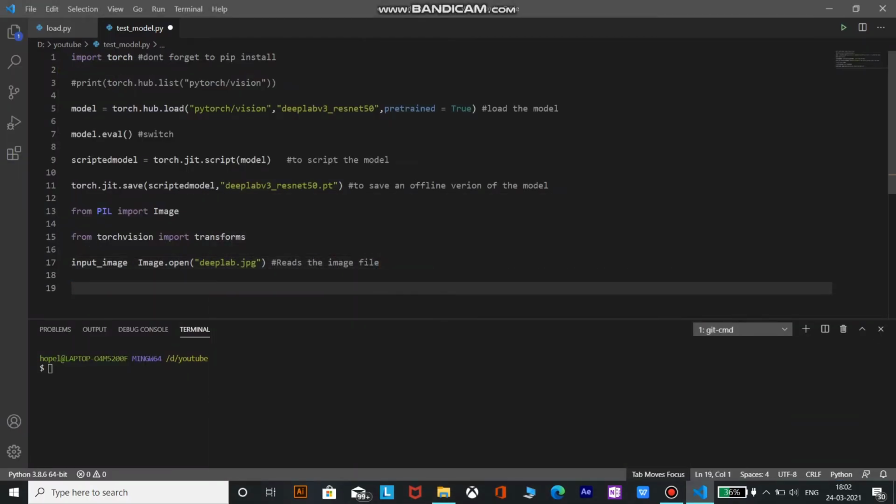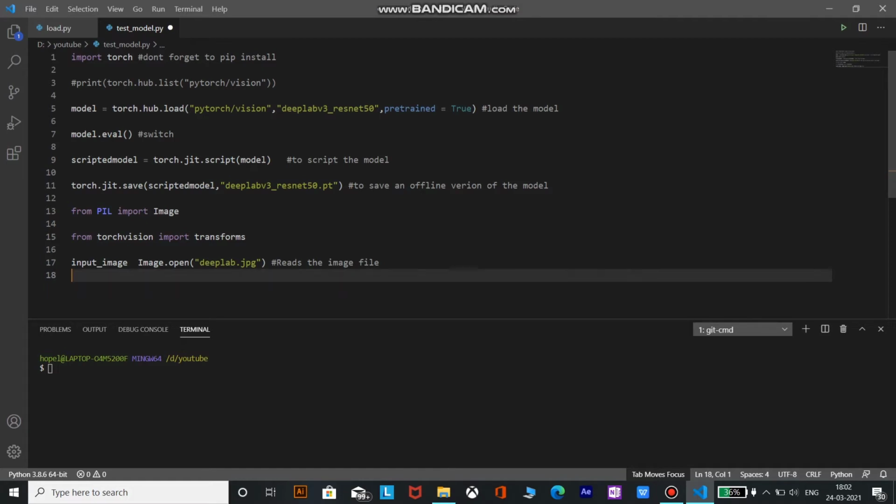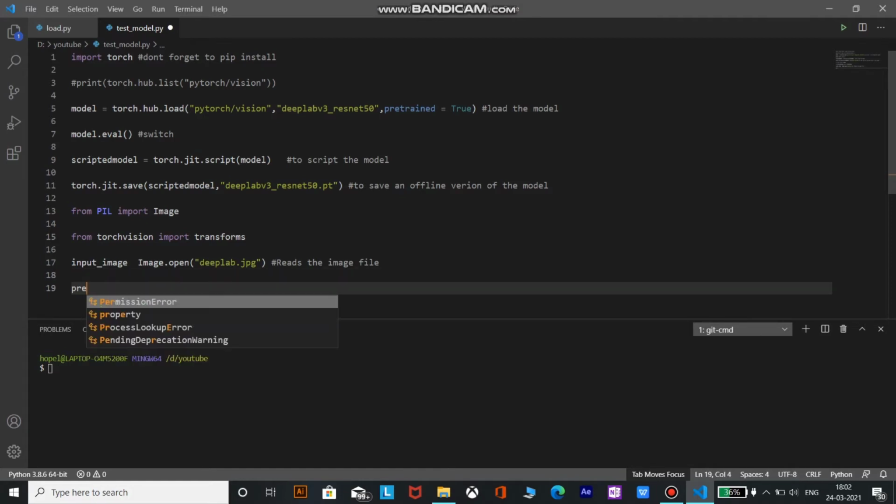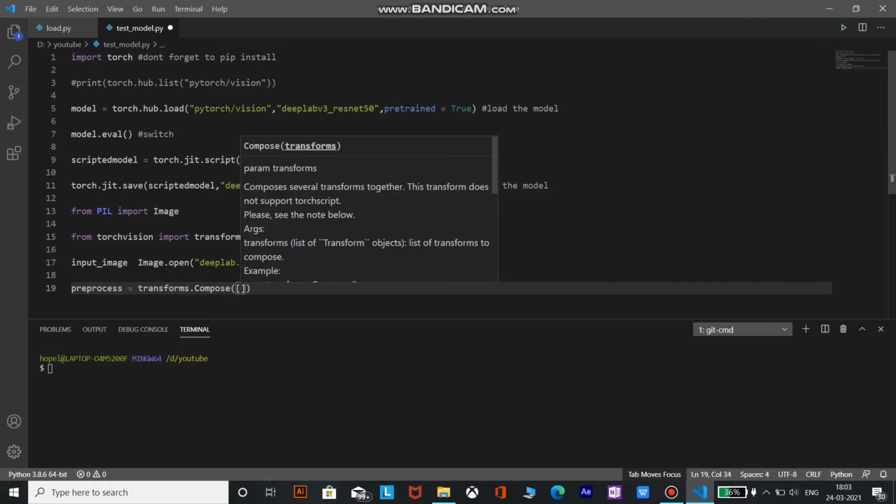Now what we need to do is perform some transformations on the input image. So let me define a preprocessor. preprocess equals transforms.Compose. What transforms.Compose does is it composes several transforms together.